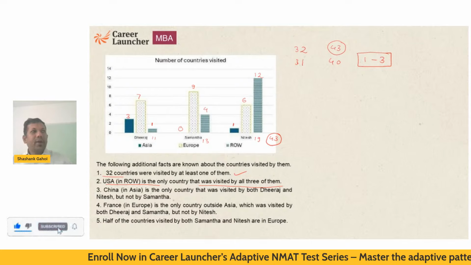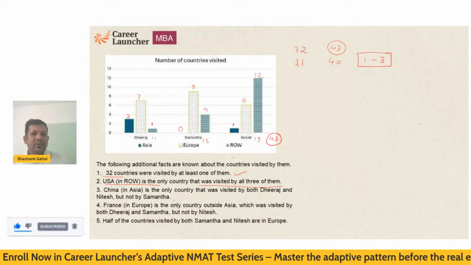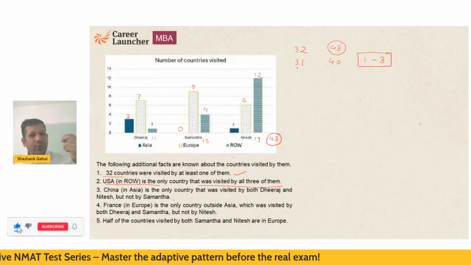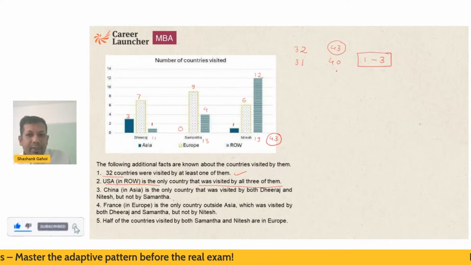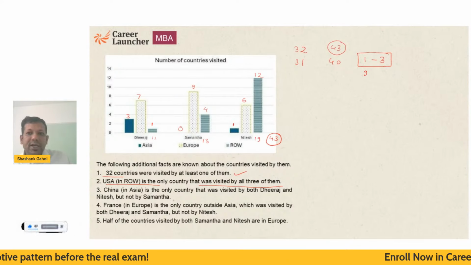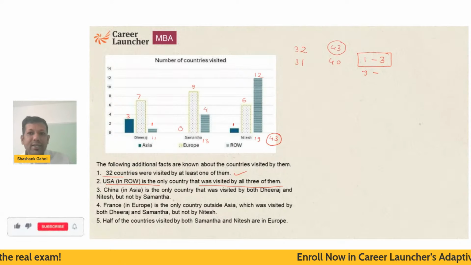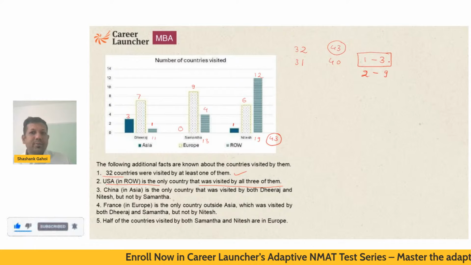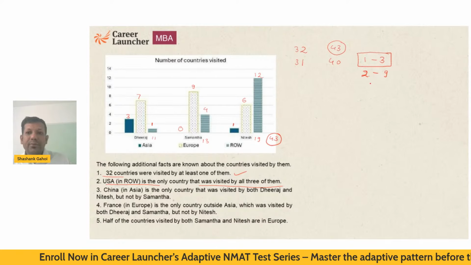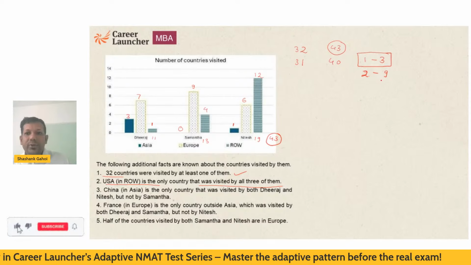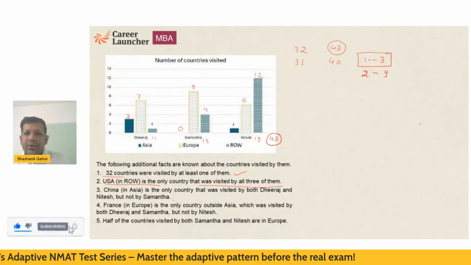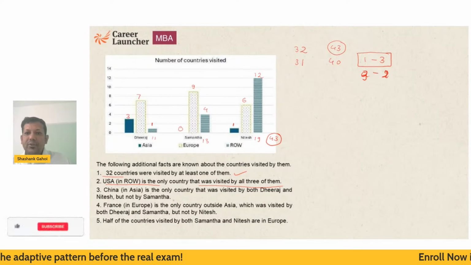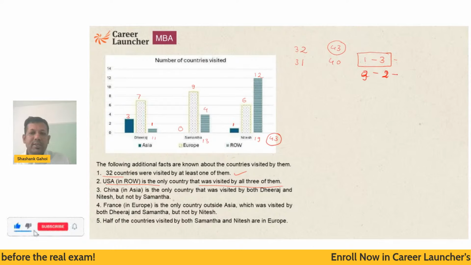Now 31 people, I am giving 1 chocolate to each. Remaining chocolates are 9. So 9 chocolates are going to be given to 9 more people. It means exactly 2 chocolates are given to 9 people. So I got 18 chocolates plus 3, 21 chocolates. Sorry, I'm writing it wrong. One person got 3 chocolates, 9 people got 2 chocolates. So this is going to be 3 plus 18, 21.